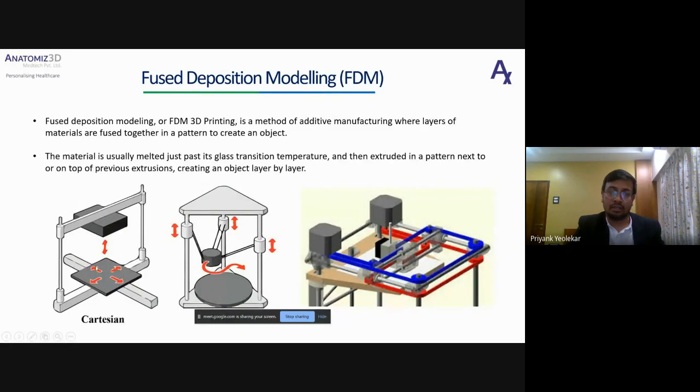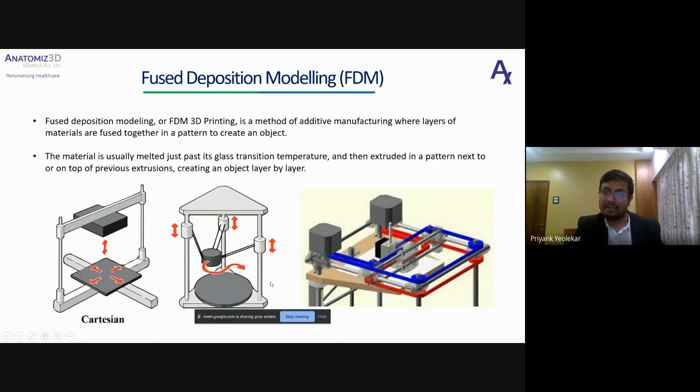So your print bed, where the material is deposited, only moves in the X and Y directions. It will not move in the Z direction, but your extruder will. That is how you get a 3D model. This is how all three axes move in Cartesian style printers.